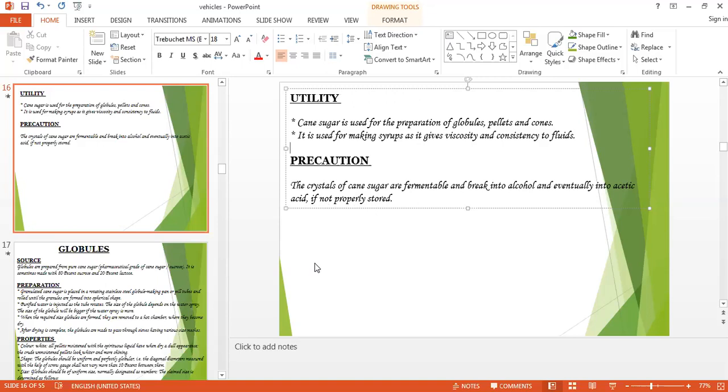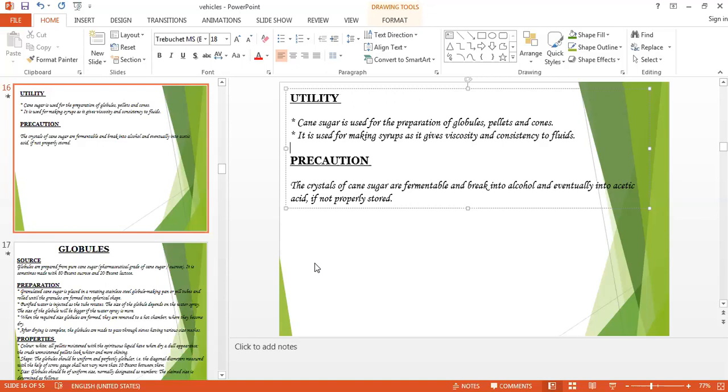Another way of preparation is with the help of grape sugar. Here we can prepare the grape sugar, just as we prepared the cane sugar here. So the third method of preparation is the grape sugar. First we have seen the saccharum lactis, second the cane sugar, and the third one is the grape sugar.